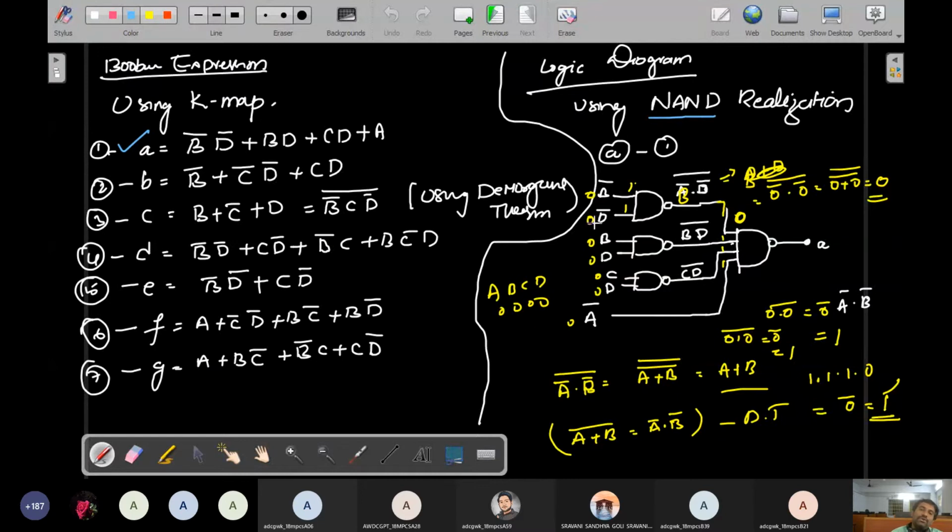So this case according to 0 0 I will give in B bar D bar, so therefore 0 bar dot 0 bar whole bar. So according to De Morgan's theorem, A bar dot B bar whole bar is equal to A plus B. So using that, 0 plus 0, 0 plus 0 whole bar, so 0 plus 0 is 0. So therefore this answer is 0. Due to the terminal being 0, this is an AND gate, 1 into 1 into 1 into 0. So all are 0. So 0 bar is nothing but 1. So your output is 1.